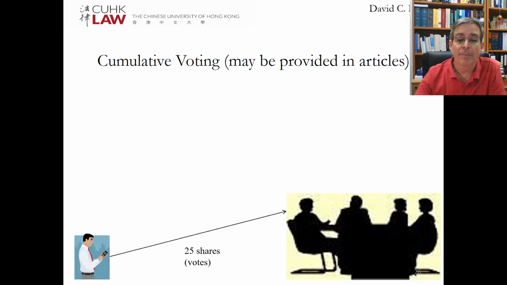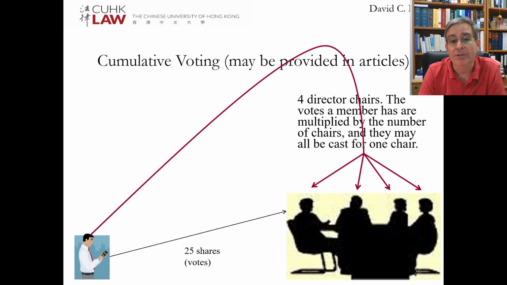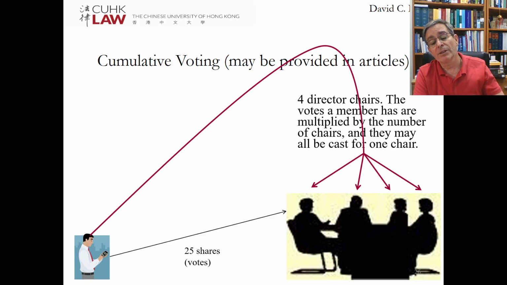Now, this member may cast, in an ordinary sense, 25 votes for each person on the ballot. So if another member has 26 votes, then this member will not be able to appoint any of the directors. The person with 26 votes will be able to outvote this 25-vote member for every single board seat. And so this 25-vote member, even though only 1 vote less than the other member, will receive 0 directors, and the member with 26 votes will receive all 4 directors.